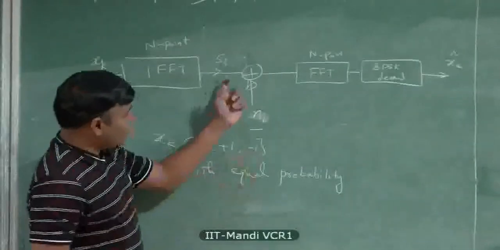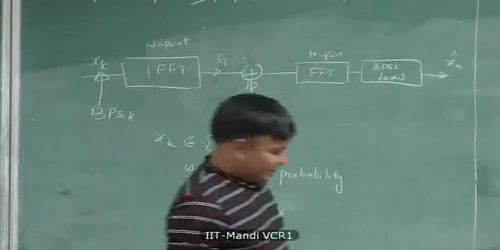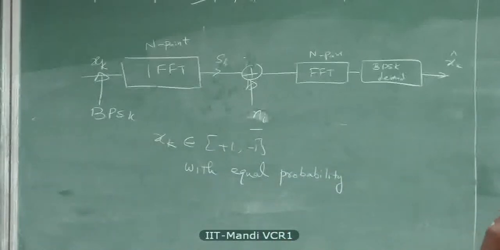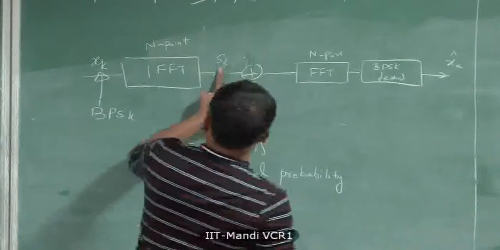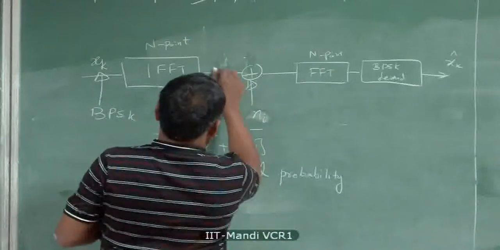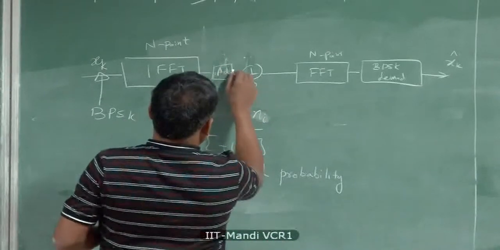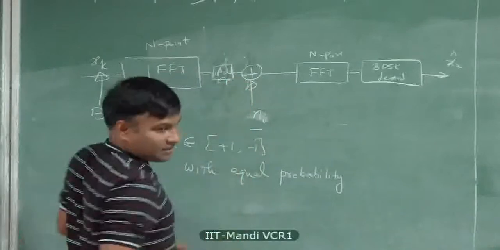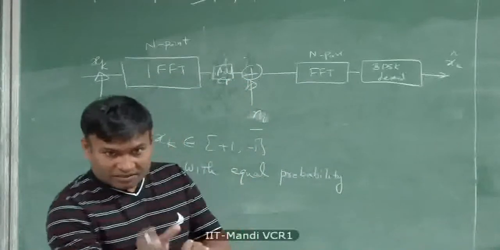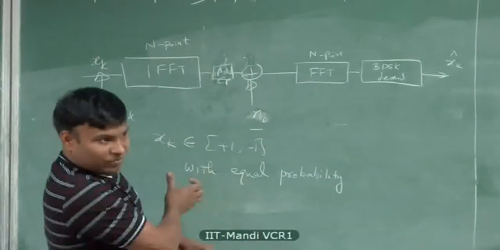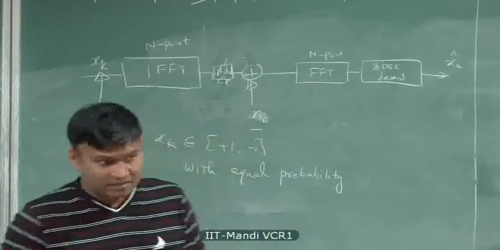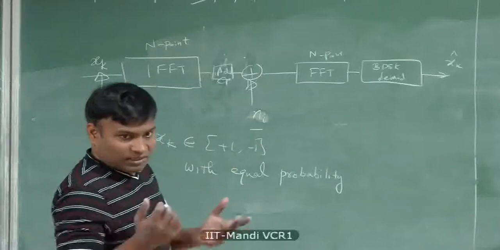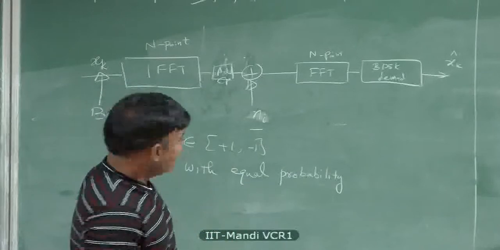So now, the next modification I suggested is to add a cyclic prefix here. What is the cyclic prefix? The last short segment that is appended before transmission. And you choose the number of samples accordingly, based on the channel memory.